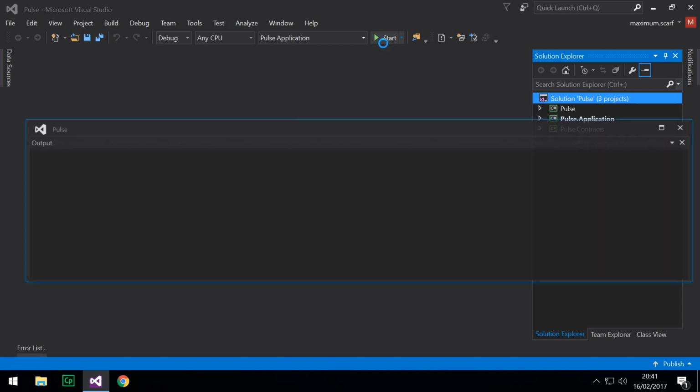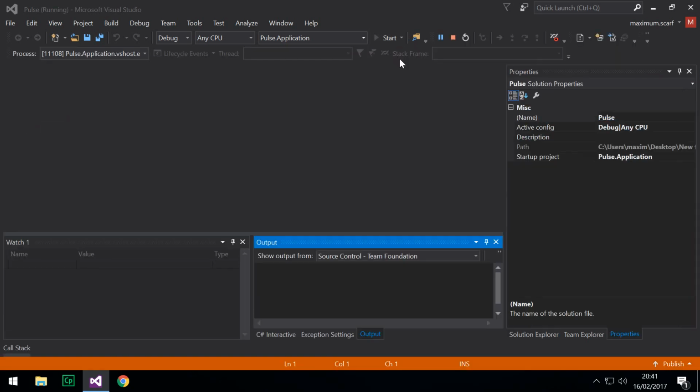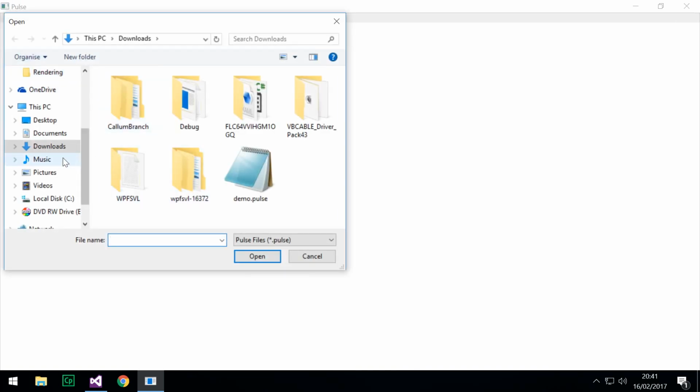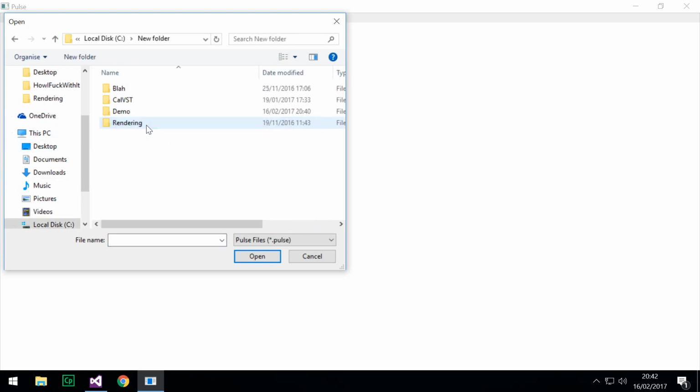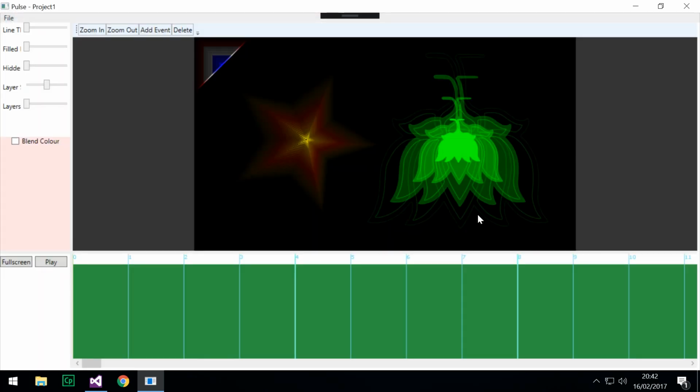So if I start this, I'll show you guys what it does. I'll load my, let's see, where is this? It's in C, new, demo. Right, so this is my demo application, for want of a better word. I guess it is an application. Anyway, this is like my demo project, that's what I'm meaning, and in it I've got 3 different shapes I